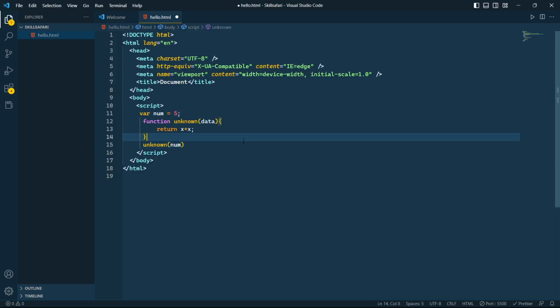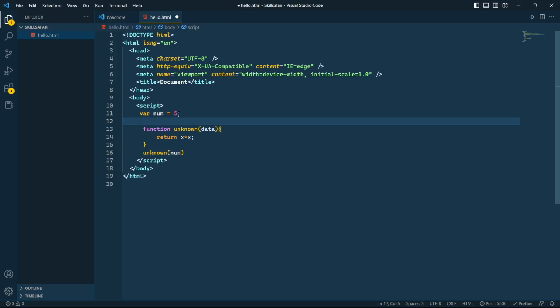So I'm defining the where thing over here, the data type, and then I pass this num to the function initialization statement. This is the function initialization statement. Here I am defining the function, and this num can be received by this parameter. This is called the parameter. This data is here as a parameter, and it accepts the num value.